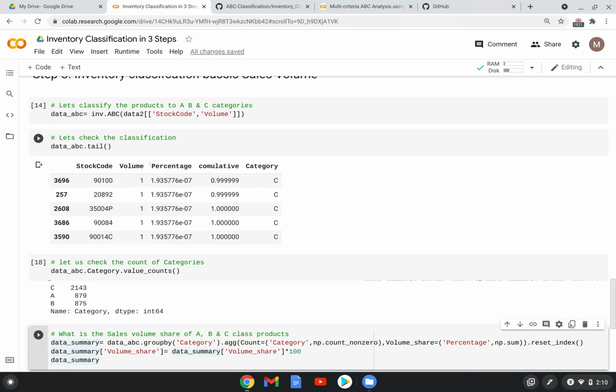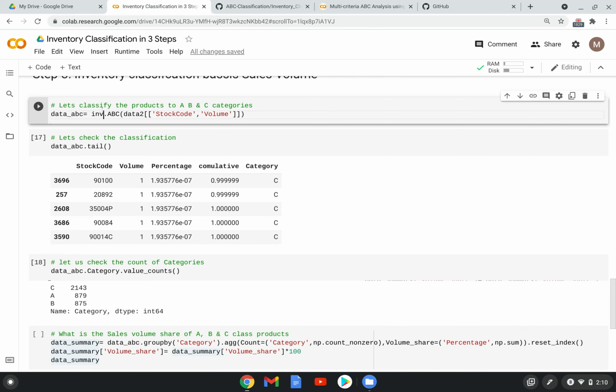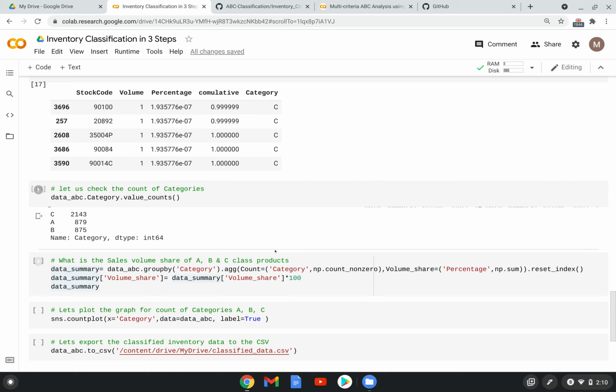These three columns, percentage, cumulative, and category, have been created by this package automatically. So using these three, we'll summarize.